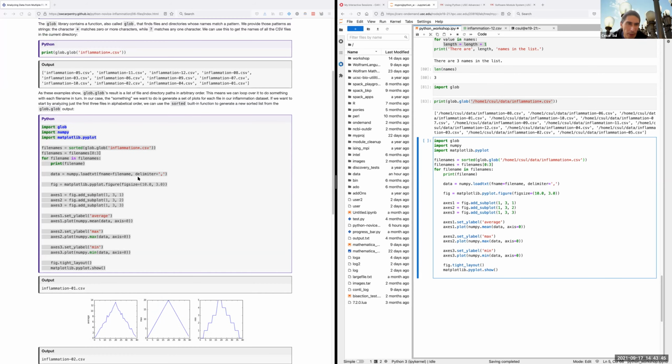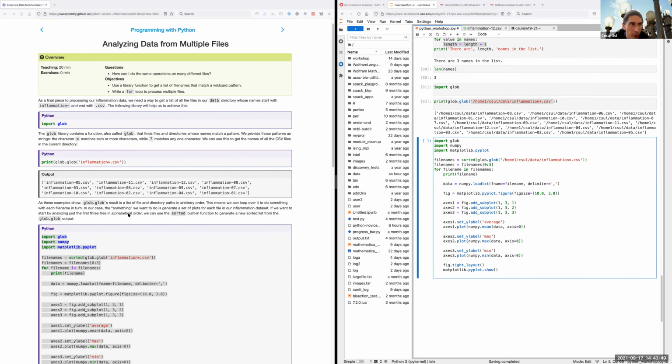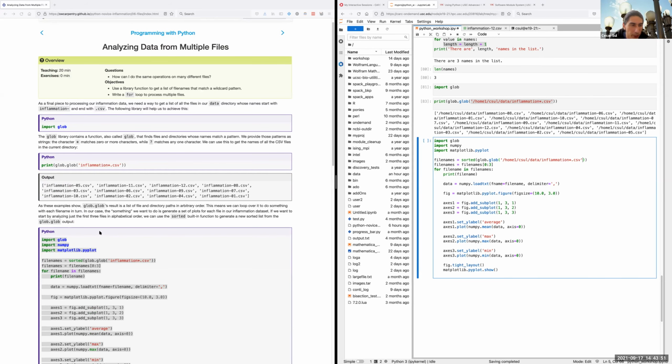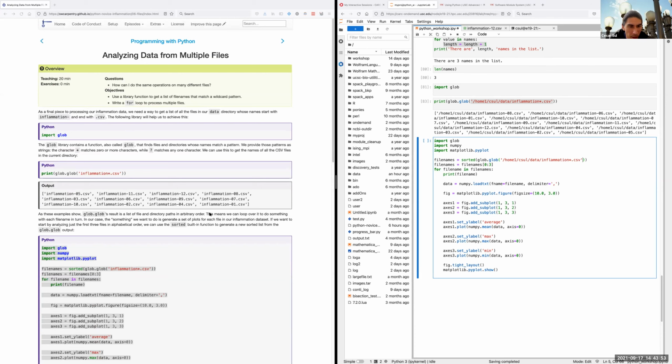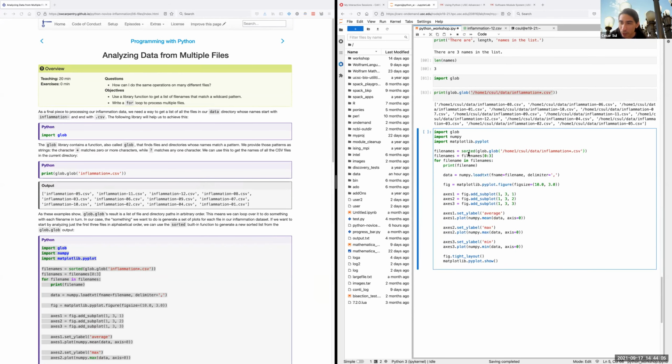And I did not know this, but according to software carpentry people, and I trust them, they say that it comes back in an arbitrary order, which I find kind of unusual, but I guess I'll just trust them. I'm not sure why it would be arbitrary,